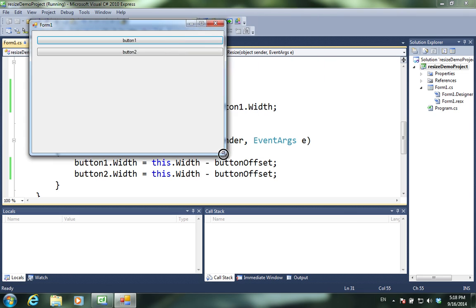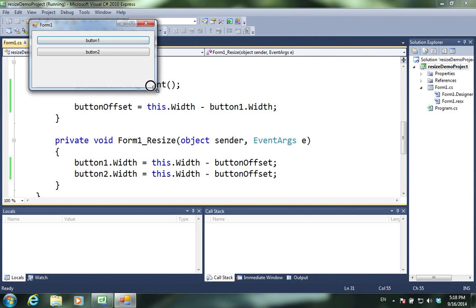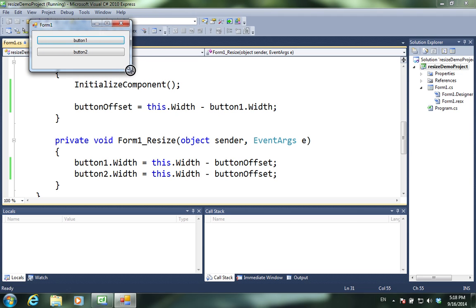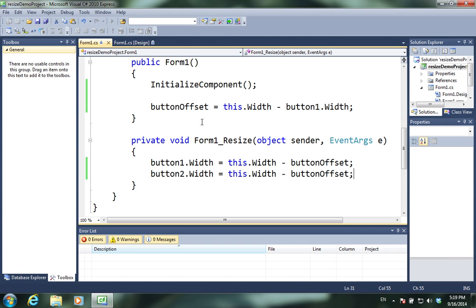Pretty much, if you go real fast, you might see a little unusual stuff. But I know it's a problem now. If I make it too small, it doesn't look good. So I'm going to fix that. But first, I want to know the size of the frame. So I want to know the width and the height of the frame. And I'm just going to display that in button 1. And I'm going to do that while I'm resizing. So I'm going to just say